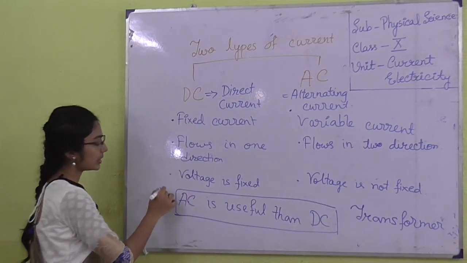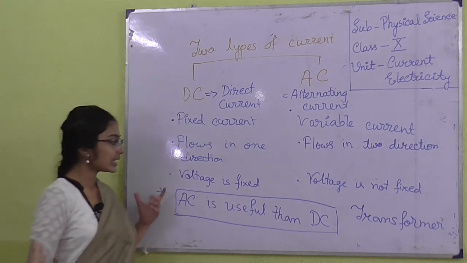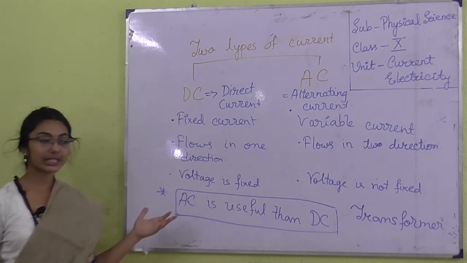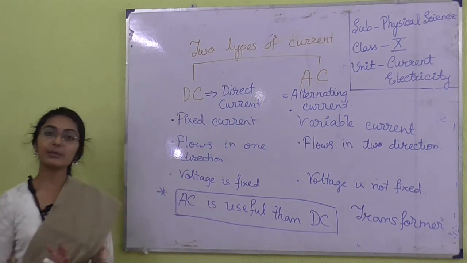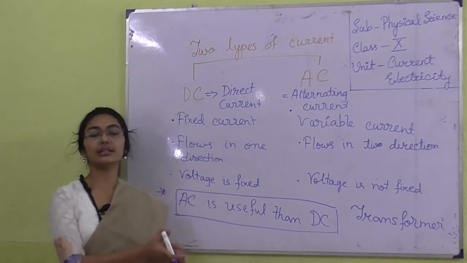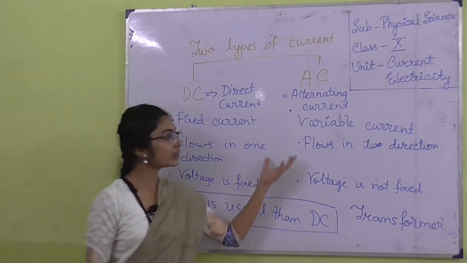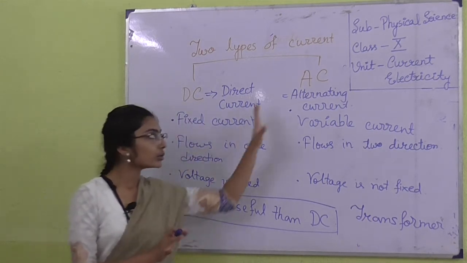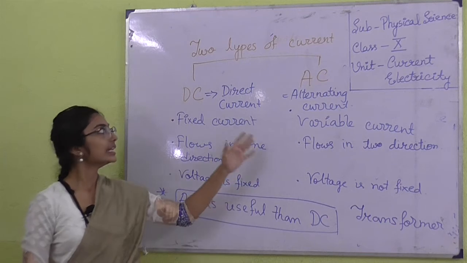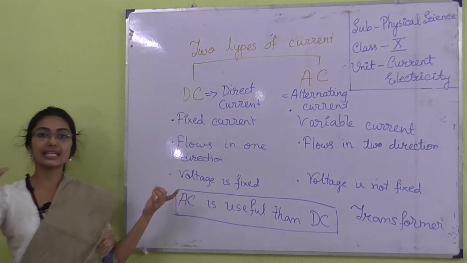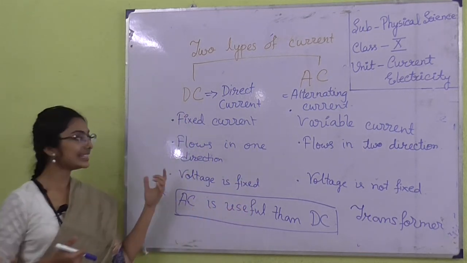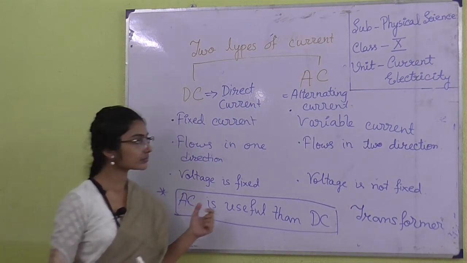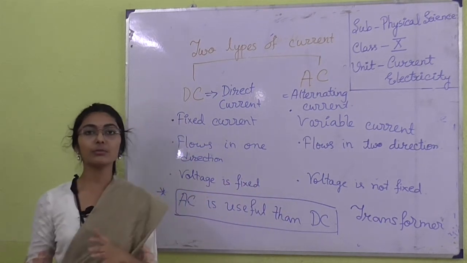This is the most important question for examination. Why is AC more useful than DC? Because from DC we always get a fixed current and fixed voltage, but by using AC we can get variable current and we can change the voltage. Where a lower amount of voltage is needed, we can use AC. So in our homes and in so many industries, AC is used, and DC is used by battery cells. So in a torch, in a wristwatch, in those appliances, DC current is needed, and AC is used in homes or industries.